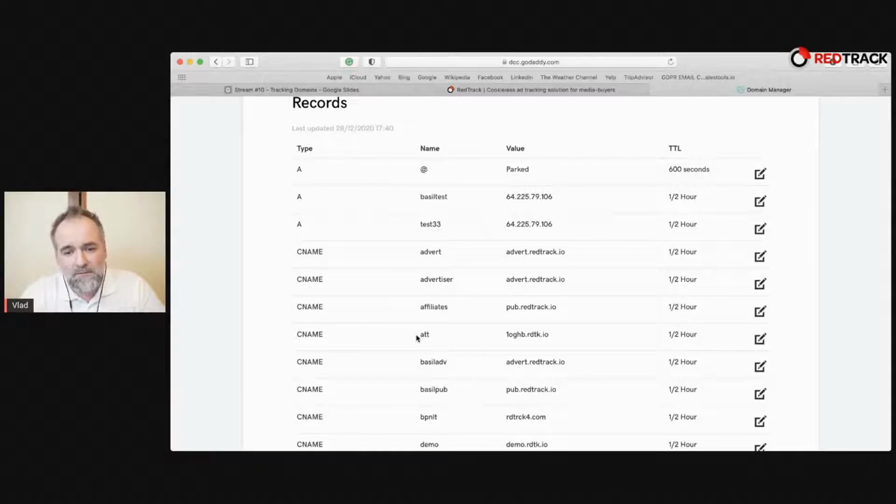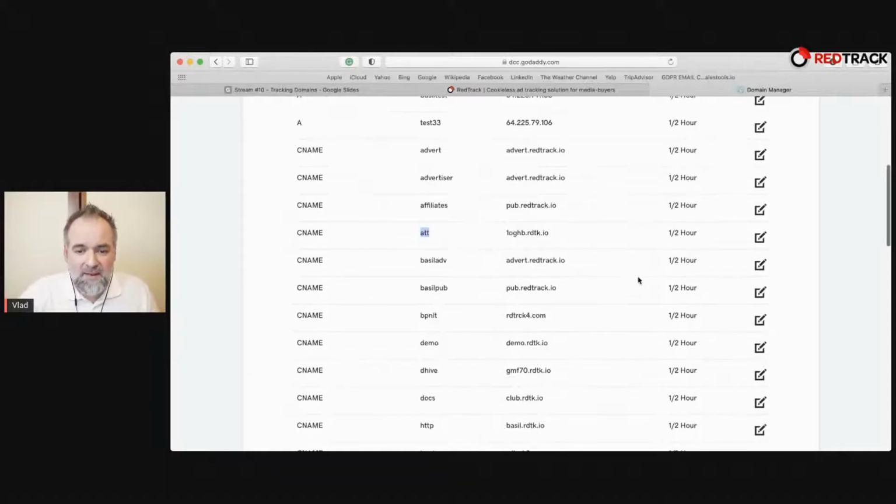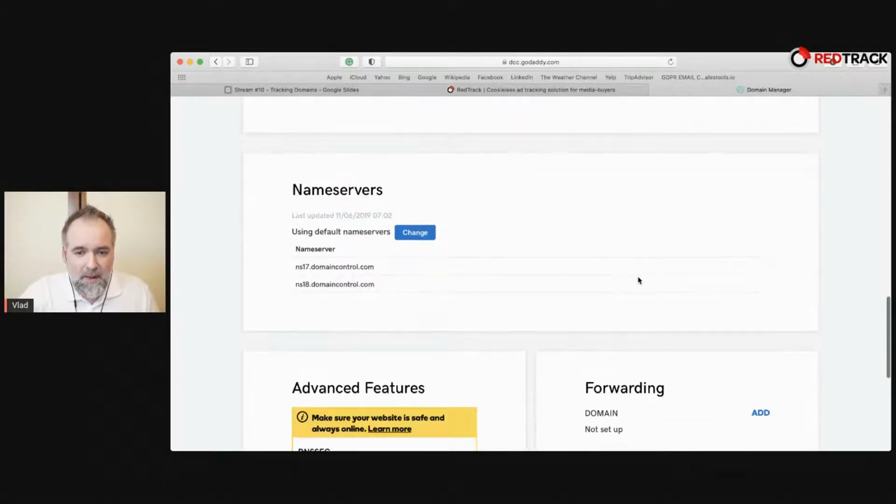One for tracking, for example, this one, ATT, and create a CNAME. One for your publisher panel, if you need this, like this one, affiliates, and make this a CNAME. And the last one for your white label reporting portal, like this one. And again, add a CNAME. Done. It takes like 5 minutes